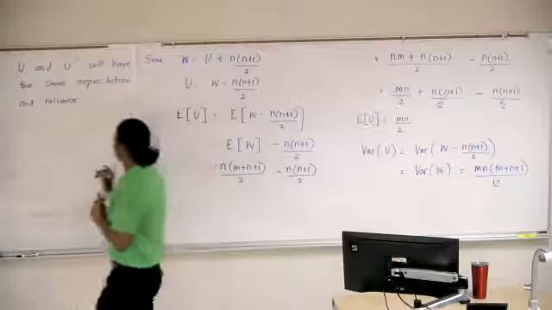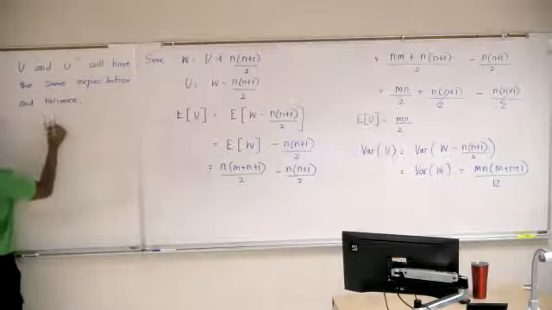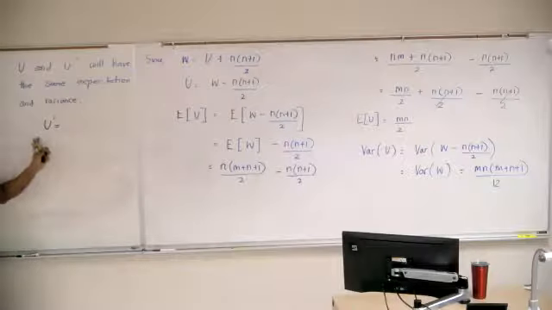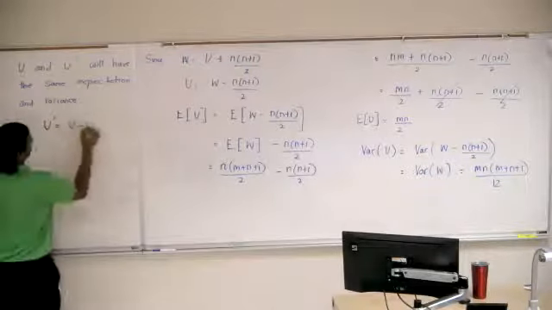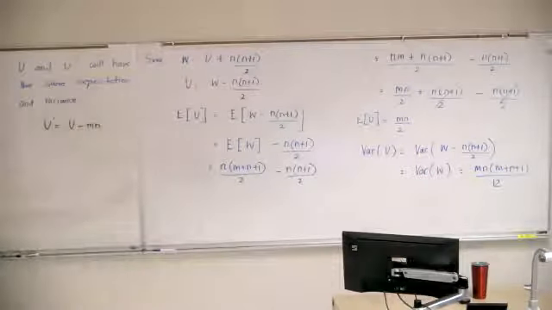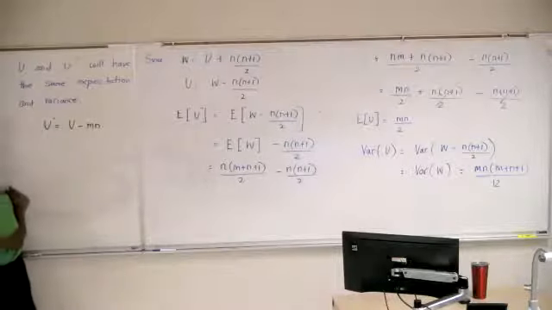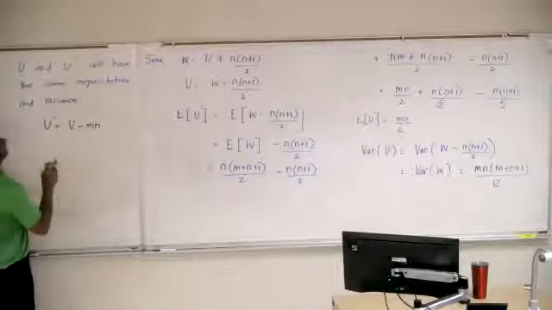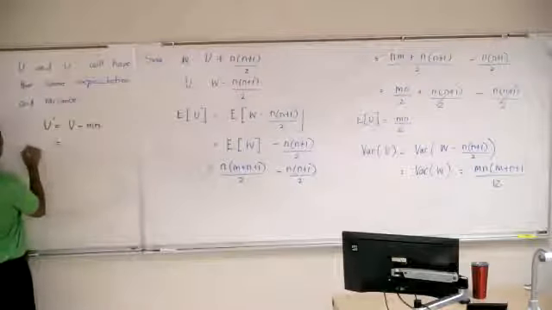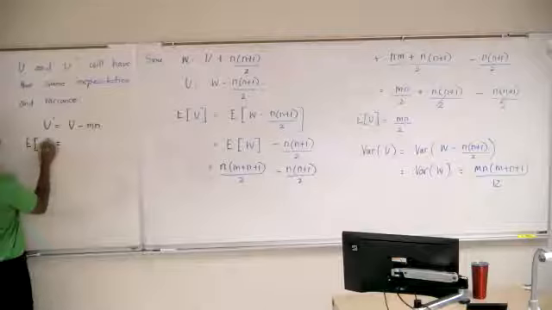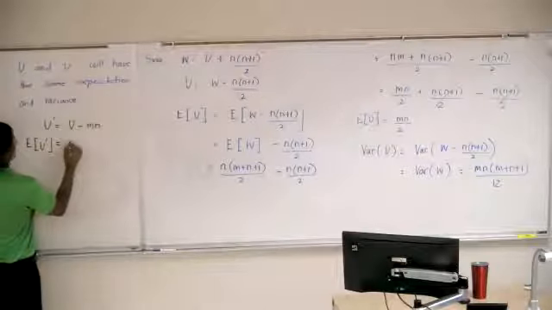Well, if you start with U prime, I know U prime is U minus Mn. Or is it U plus Mn? What would it be? No. U prime is U minus Mn. So expectation of U prime would be